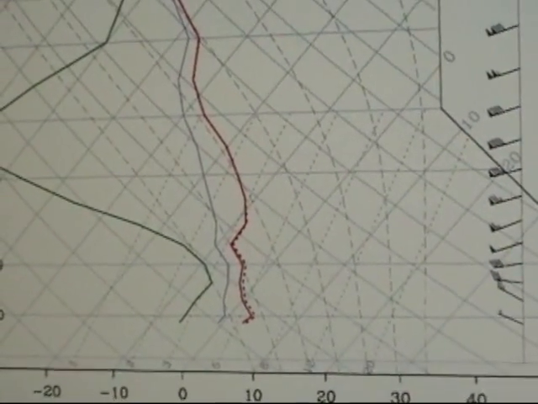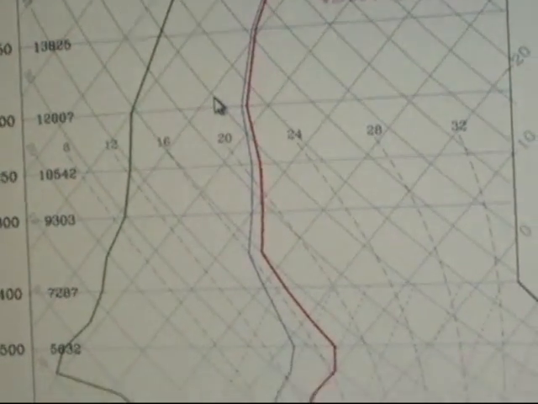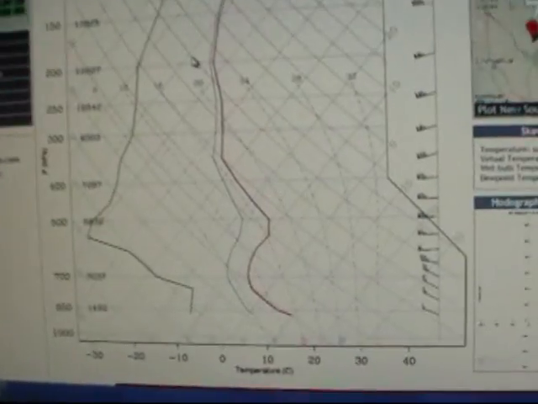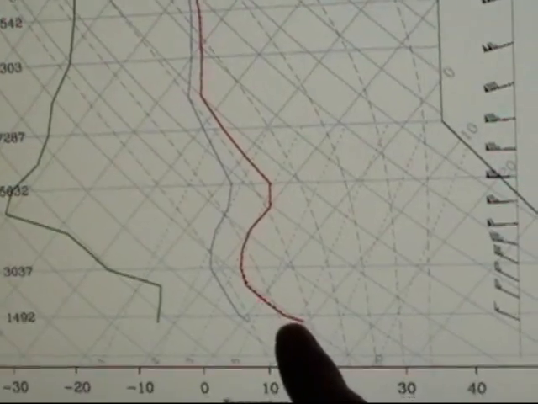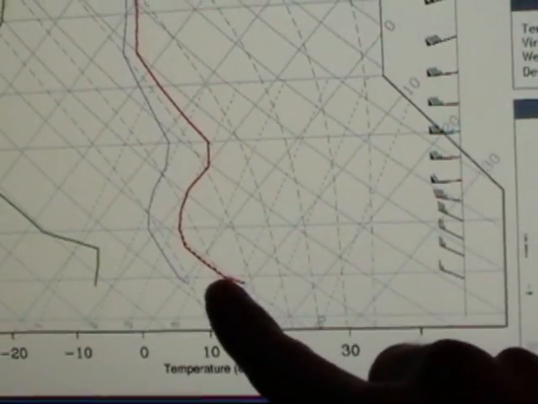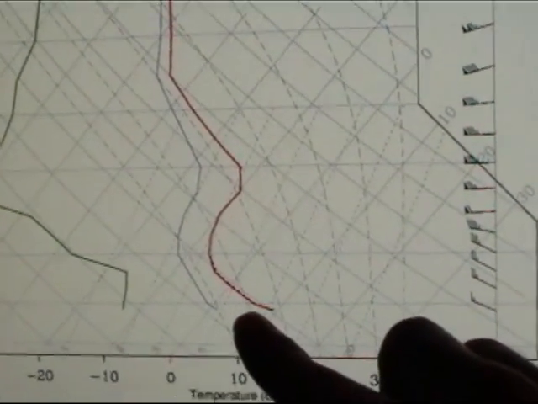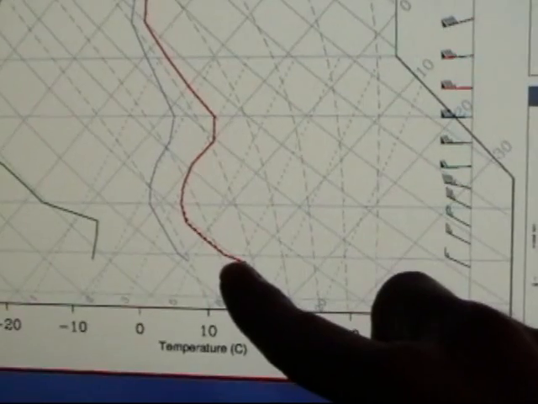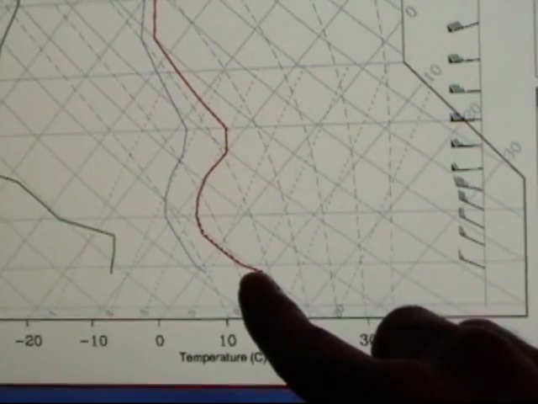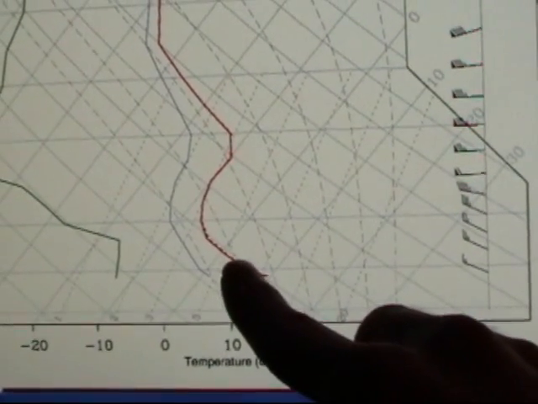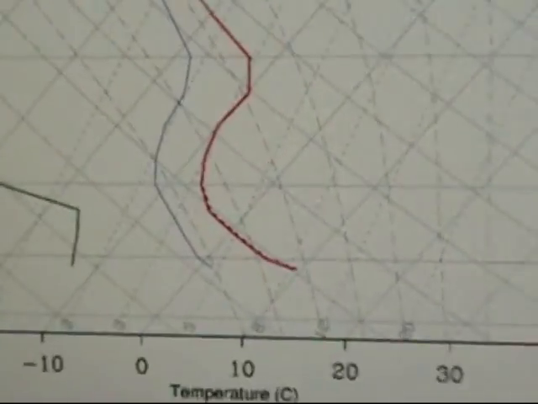But then if we go 6 hours later into the afternoon, we'll click on this. This is now, I think this would be noon, and look, sun heats the ground, bam, it turns into this. We have a super adiabat there, in other words, a lapse rate greater than the dry adiabatic lapse rate, and that's excellent. That means the surface temperature by itself, if pushed upwards, is already going to lift. Said another way,